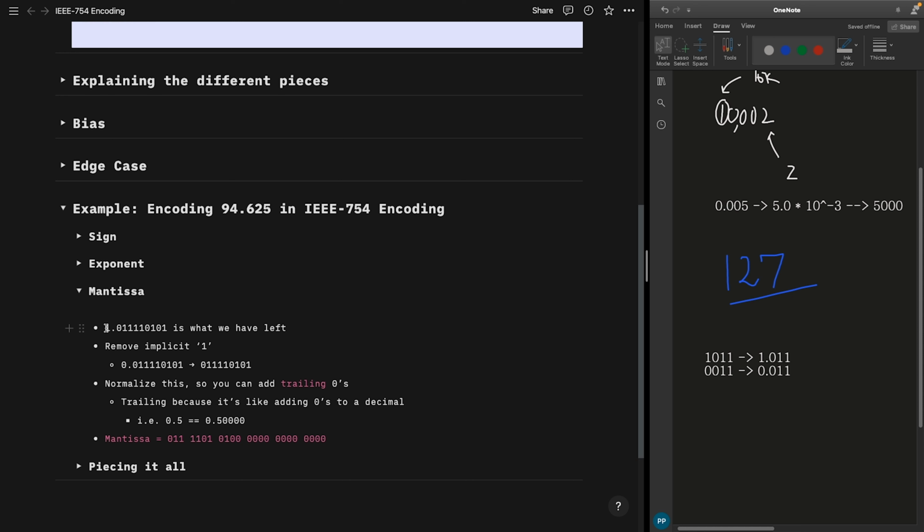So now that we already have the actual 94.625 in a condensed binary form, what we're going to do is remove this implicit 1 that I was talking about earlier because it's there. And now we're left with this value, which we're going to just get rid of the decimal and be left with this. And so we're going to then normalize this number, and we're going to do that by adding trailing